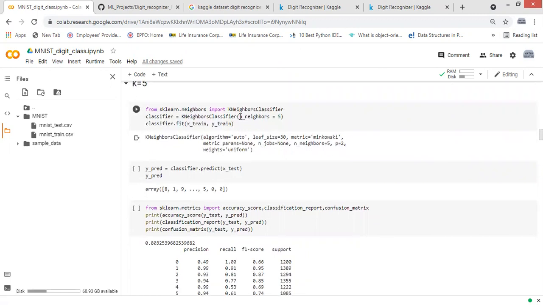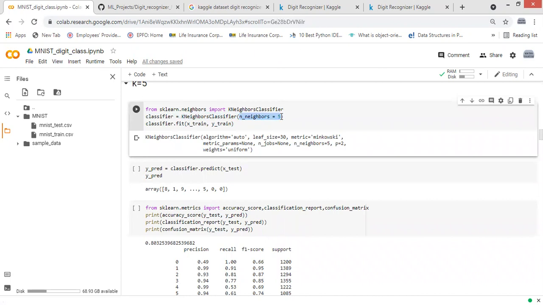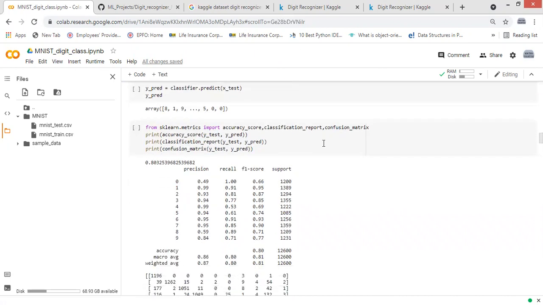I imported accuracy score, classification report, and confusion matrix, and you can see here that I got 80.3 accuracy for k equal to 5.